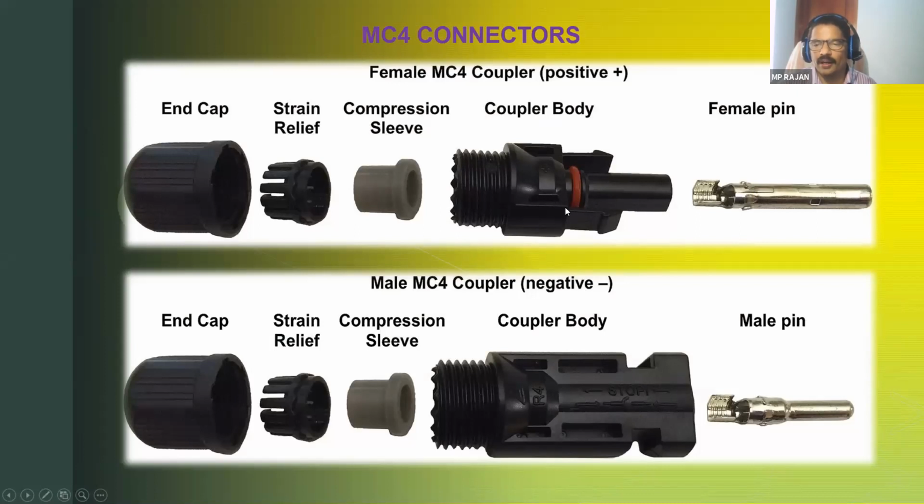When the cable comes, the cable can be crimped into this pin. It should be inserted in this one. Once it is crimped, you cannot use this connector afterwards. It is a permanent fitting inside the coupler body. The wire can be crimped here. It goes inside, and when it is tightened, you get solid protection. Female and male part.